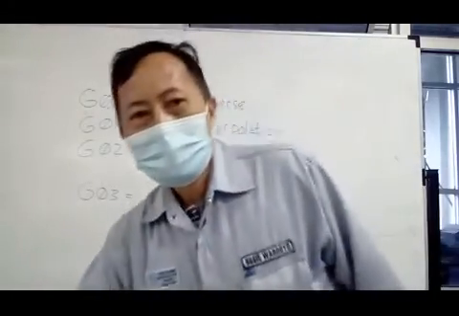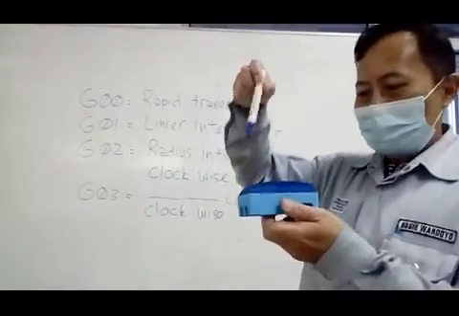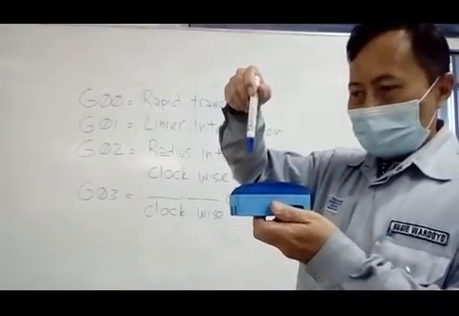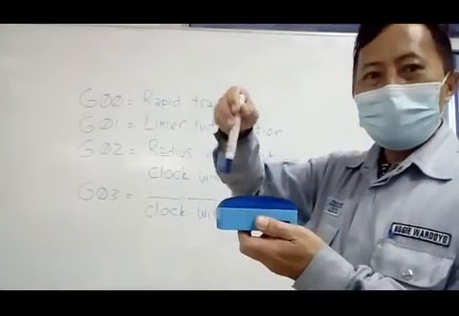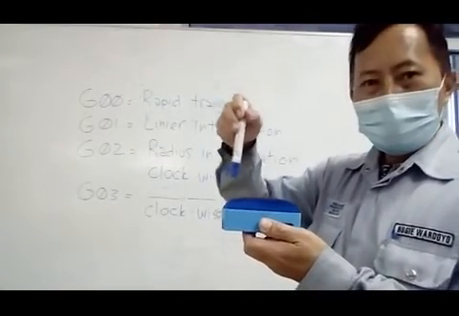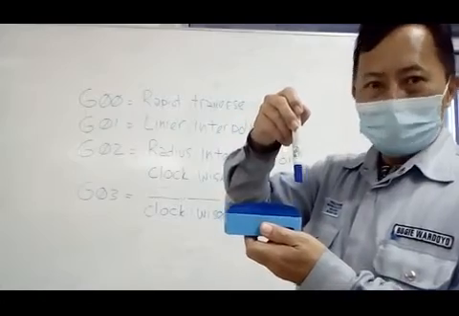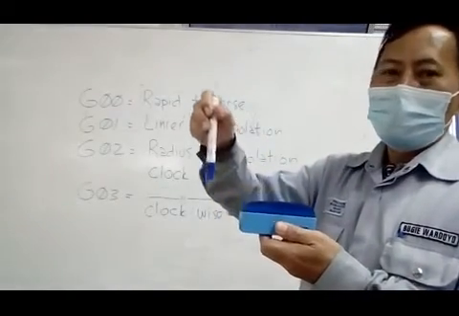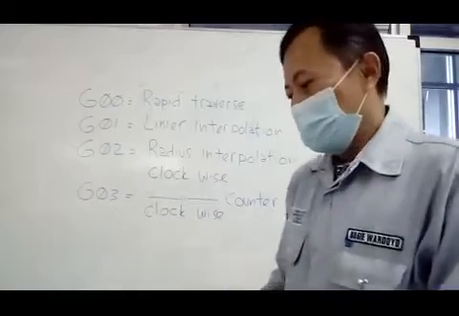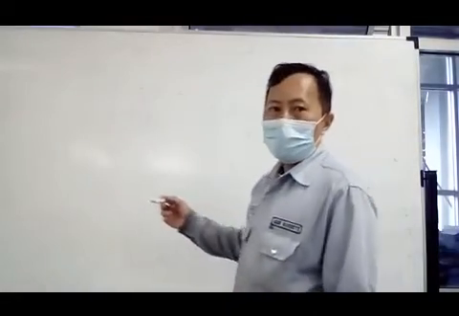So if you want to cut according clockwise, you use G02, and counterclockwise is G03. Okay, let's see. I want to explain about